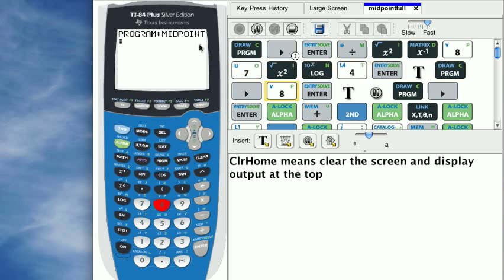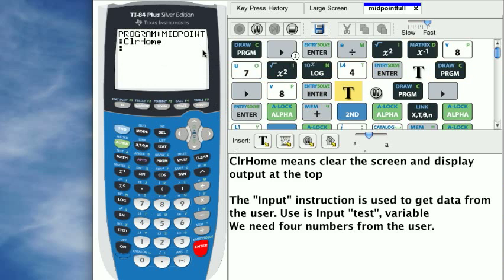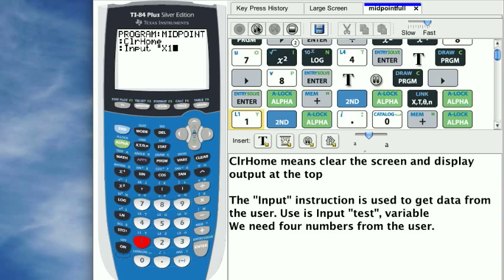Okay, now I'm putting in the command clear home because that will sort of wipe the screen clean of anything else you've been doing, and it'll start things at the very top. And the first part of our program, this is a 3-part program. The first part is input, getting the coordinates from the user of the program. The middle part is doing some calculation, and the third and final part of this program is outputting the result